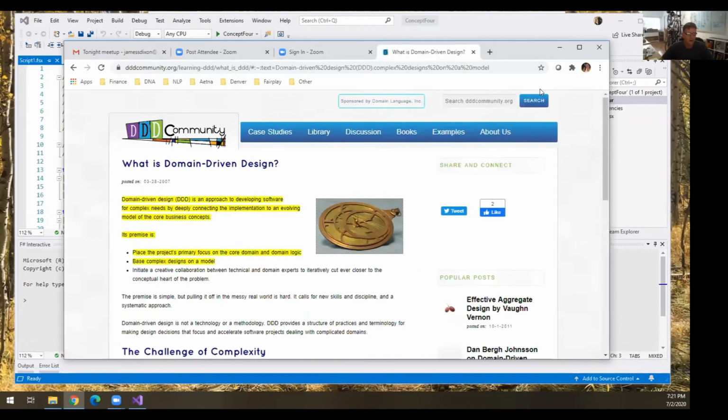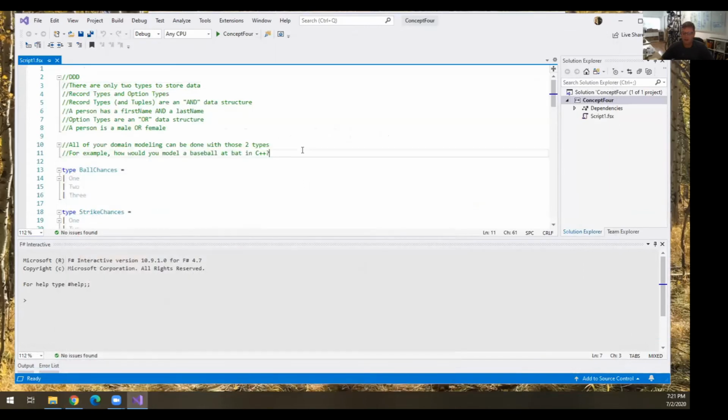and responsibilities. Yeah, and so this is going to blow your head off if you have never thought about using a type system to enforce all your DDD. I'm going to make a statement here, and this usually gets me in trouble with the people who do business applications. You only need 2 types. Out of everything that's available to you, you only need 2 types: record types and option types.